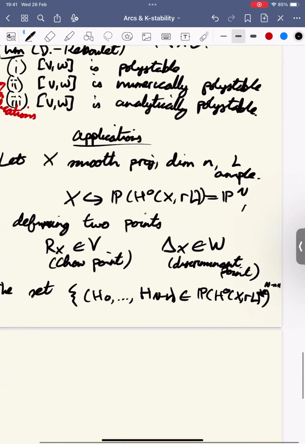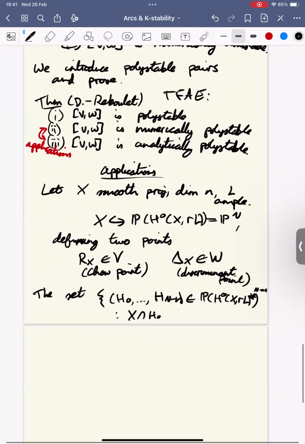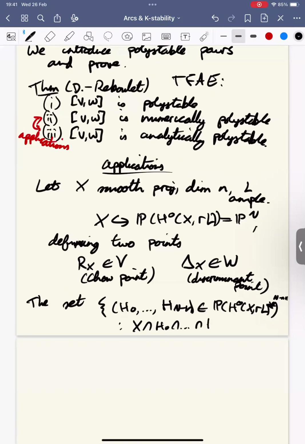Okay, such that X intersect H0 intersect the final one. The ones where this are not, so generically for dimension reasons, you expect that if you have one fewer than that, you always have intersection. So here I'm adding one more and I'm asking that they don't intersect. It turns out that this is actually a codimension 1 condition in the space of the Grassmannian defining these things. This is a hypersurface